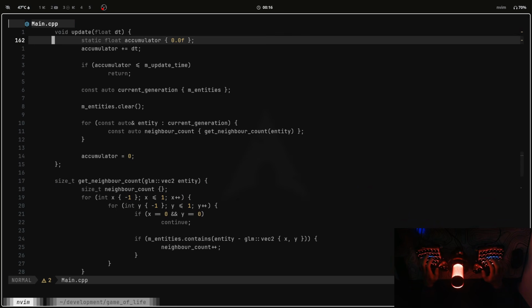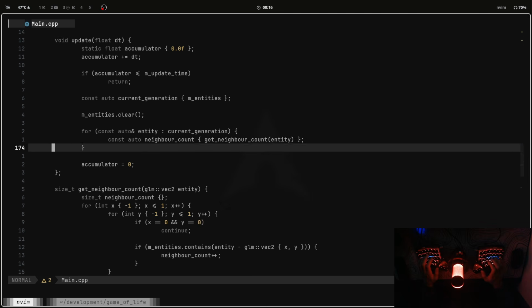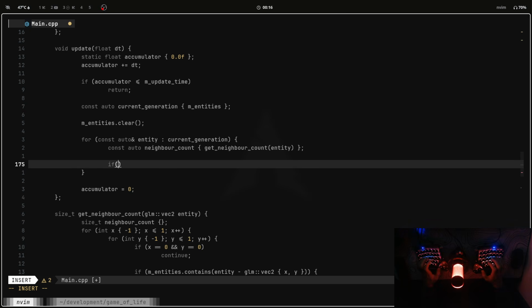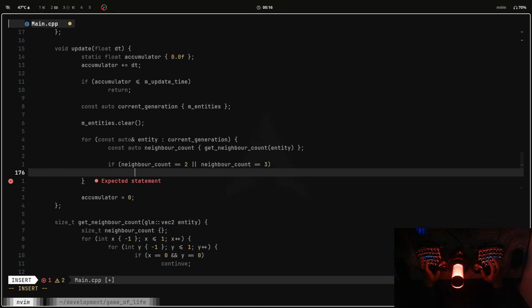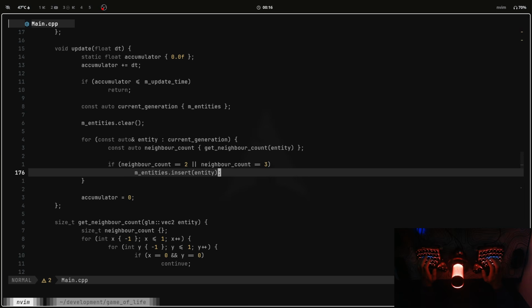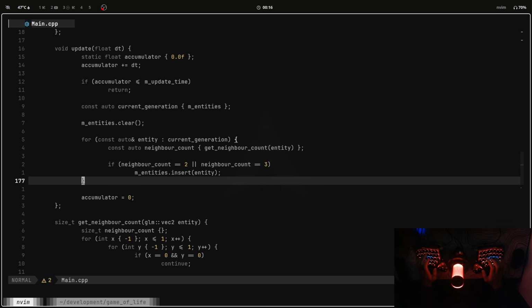And with that we get the neighbor count, and now what we can do is check: if the neighbor count is equal to 2 or the neighbor count is equal to 3, then the new generation also has this entity. But if there are more than 3 or less than 2, so 1, 0 or 4, 5, 6, 7, 8, 9, no, 8 is the max, then it will die. Now,